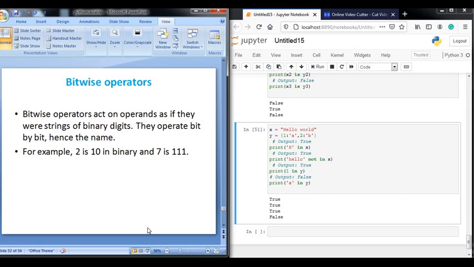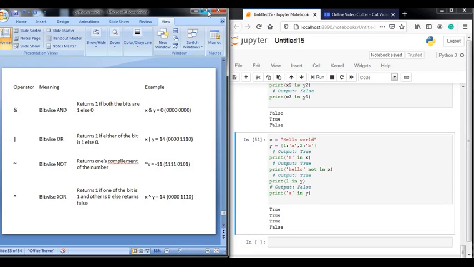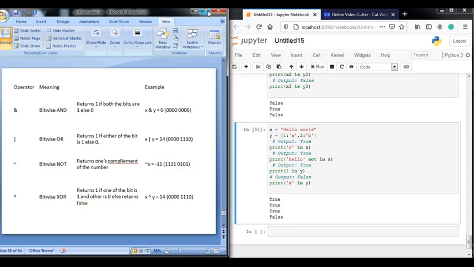For each value, the 8-bit ASCII code will be considered, and on these bits the following operations are performed: bitwise AND, bitwise OR, bitwise NOT and bitwise XOR. In further sessions we will discuss these operators in detail. Okay, so thank you.